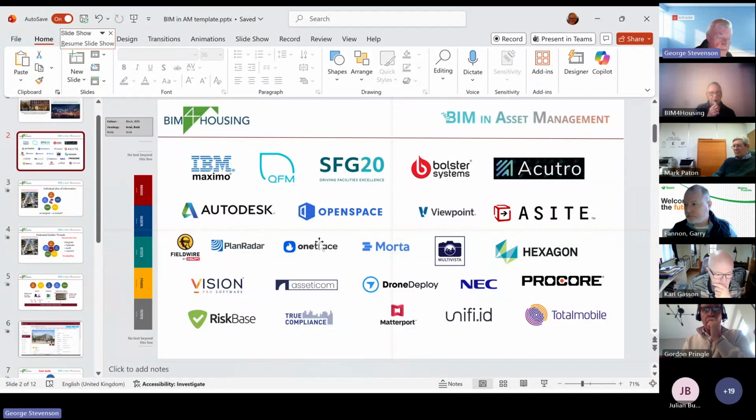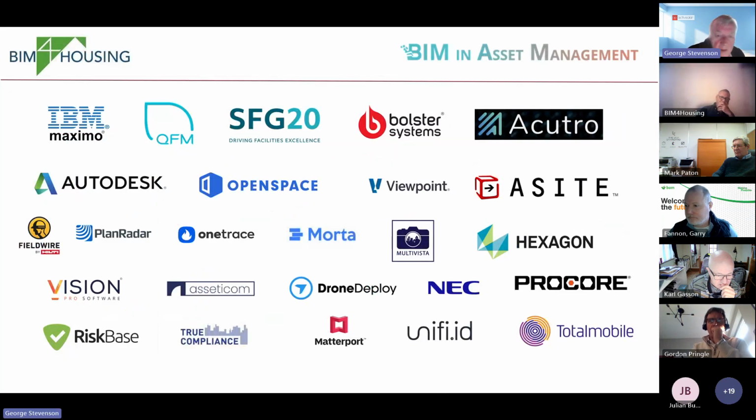What we've been doing, I'm talking about my company now, Active Plan, rather than for housing. All of those companies are willing to work collaboratively. Many of them are producing 360 photography walkthroughs, and it's a matter of how we can then add intelligence to those things. They're not all that, but certainly people like Open Space,